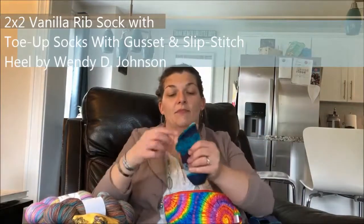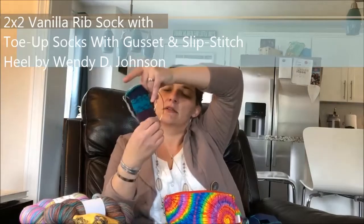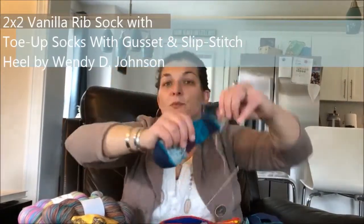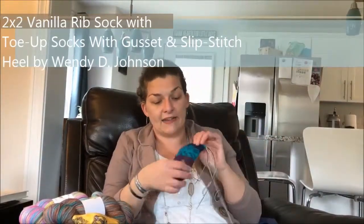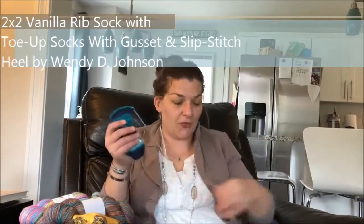Last time you saw them, I was at my mitten marker, just one of my favorite markers. Oh, it's backwards. Just show it to you. That's one from the shop. Yeah, so this morning I knit from probably here to here because it's school vacation week here in New Hampshire,